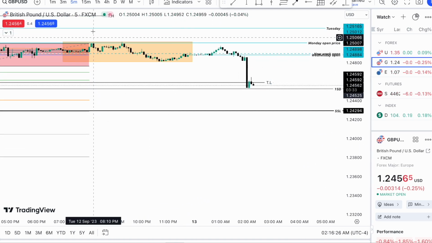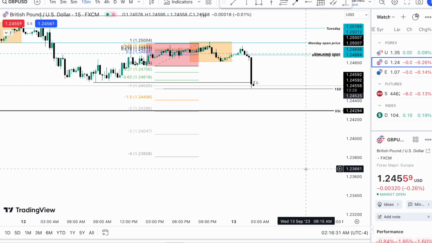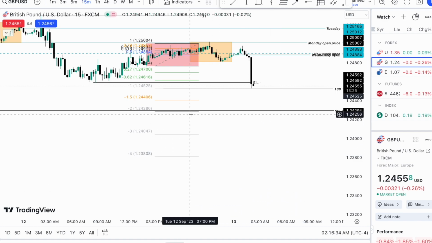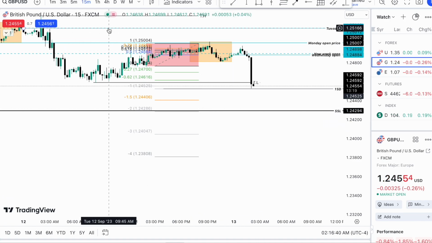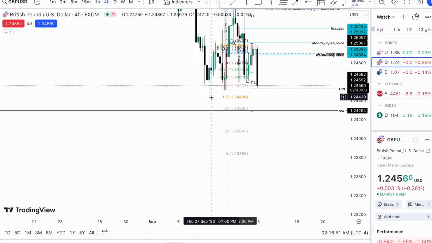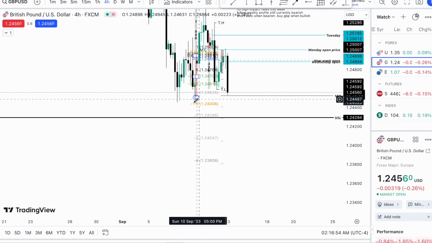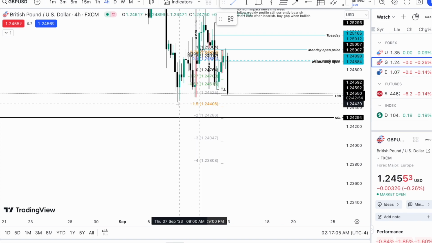So typically news drivers tend to push prices down to the third, and it can go as low as the fourth standard deviation, but we see that at the second standard deviation we have the daily liquidity pool, sell side liquidity pool, last week's lows, and we have a swing low also here Thursday. This swing low, relative equal lows, and this swing low,